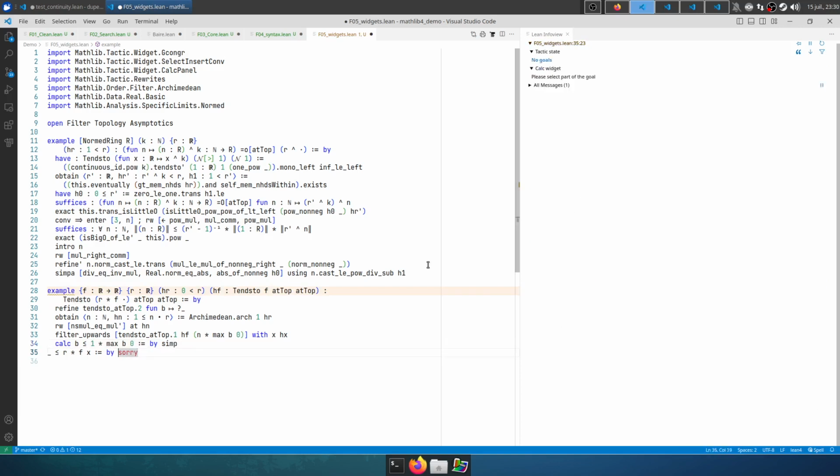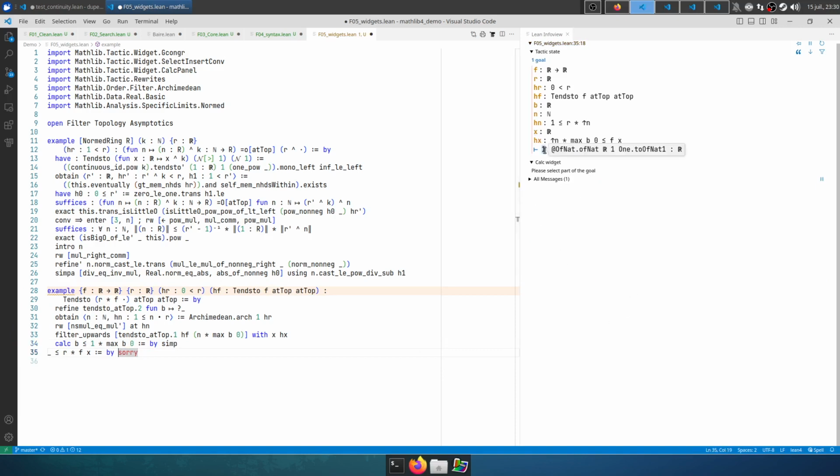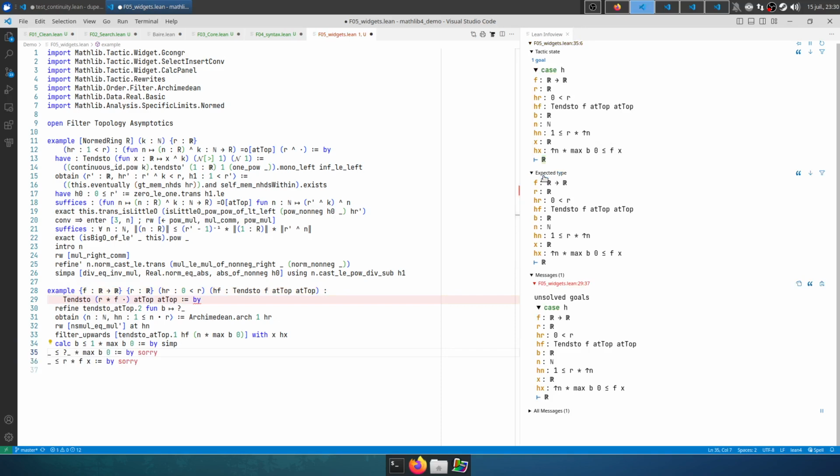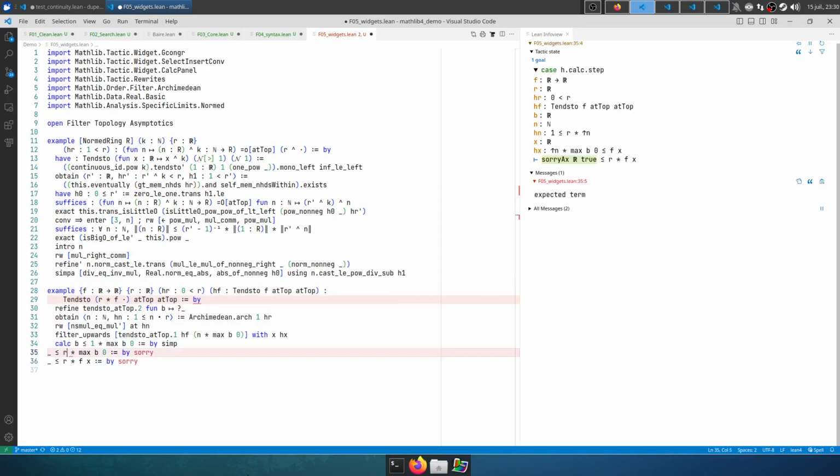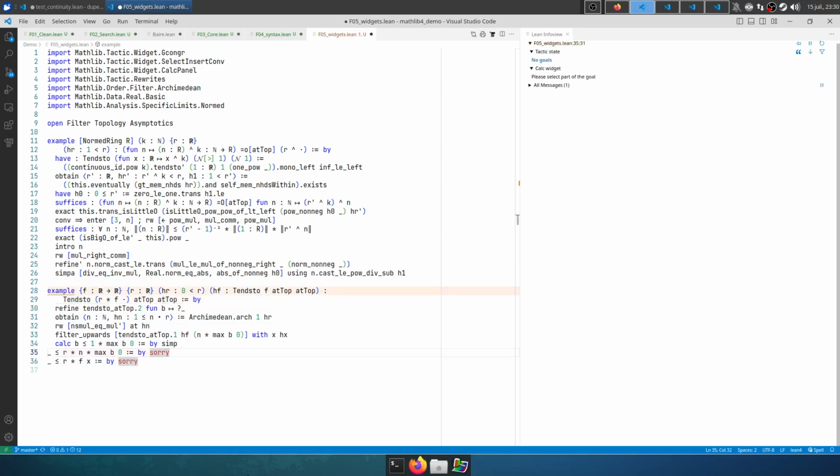And then I want a new step, and this time I will change the 1. So click 1, create a new step, and I've got something to type here on the left hand side. That is my question mark, and this time I will write r times n, and this is by